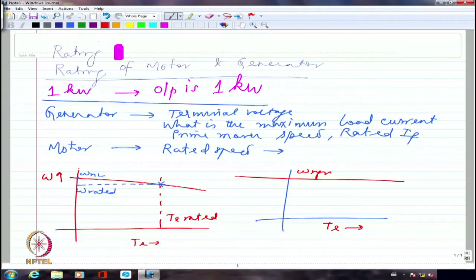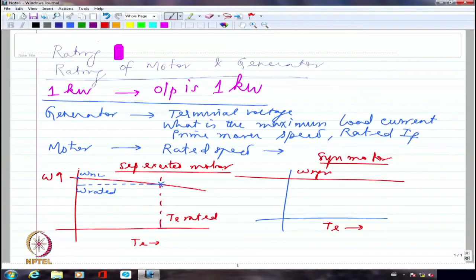This is how the synchronous motor will be. So this is your synchronous motor characteristics, whereas this is separately excited or shunt motor characteristics, right? So in the motor, what we specify as electrical quantities will be the voltage I am applying, that is VA or V in general, and what is the maximum line current the machine can draw, which will consist